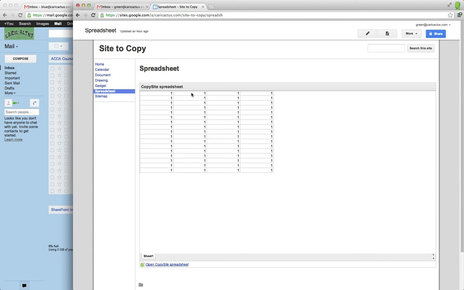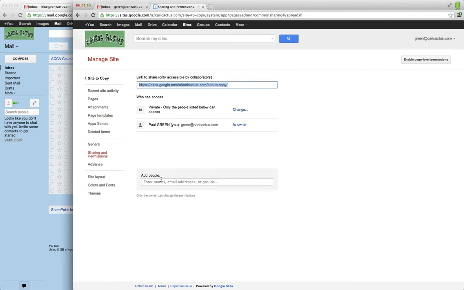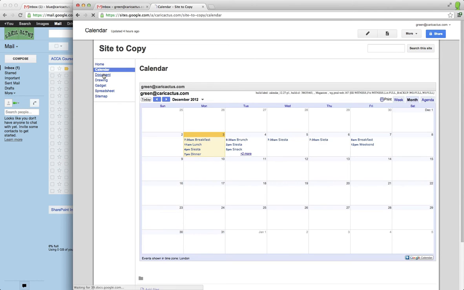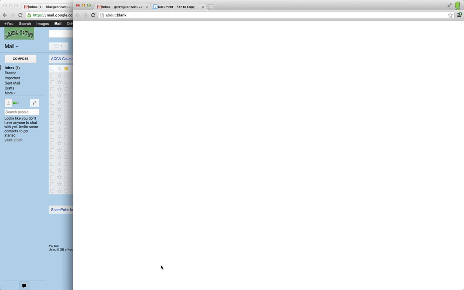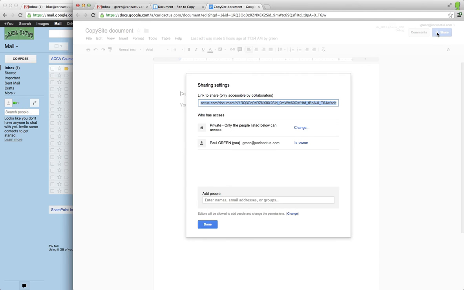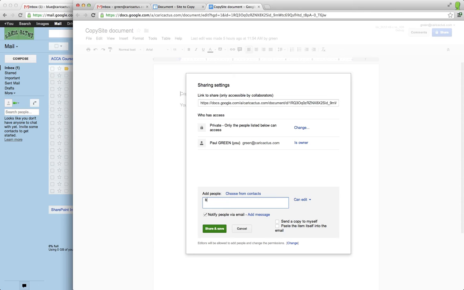But the first thing to be able to copy it is that green needs to give blue some ownership level access to the site. So here we go and we choose to give blue an ownership level. We have several owners in the site now. Then we have to go through the embedded stuff, so the document, for example, and give blue some read level access so that he can copy it. So here we add blue